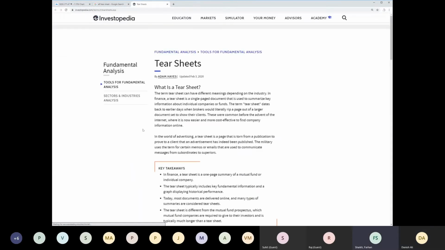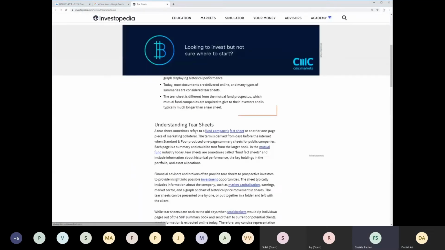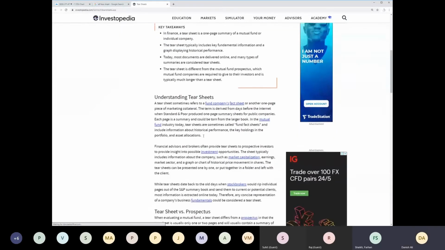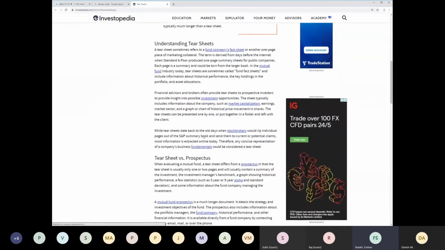I use my Interactive Brokers tool to do that. I'm also using Interactive Brokers, and they have these fact sheets as part of their account platform.